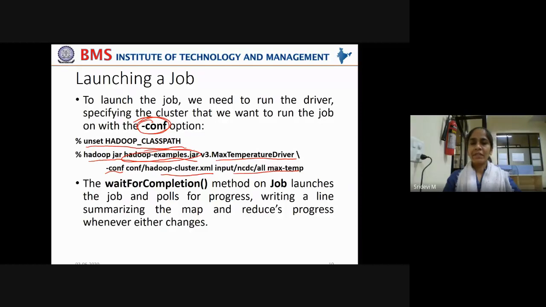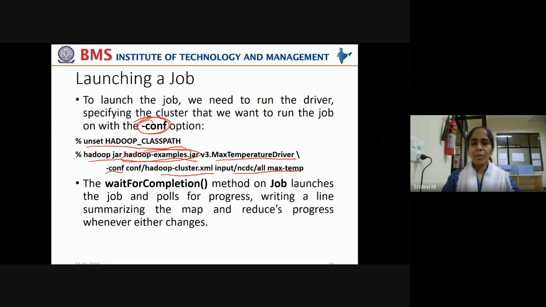That is the NCDC National Weather Data Set, right? You are reading the weather data from this local file and using this configuration file, hadoop-cluster.xml, to launch the job.